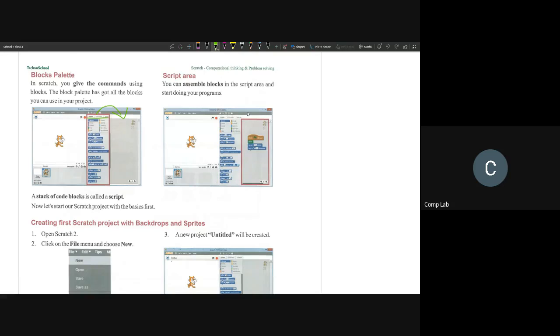This is what we call the block area. Inside the block area, we have all the commands, and by dragging the blocks to the script area, we can actually give instructions. As you can see right here, they've dragged some commands from the block area onto the script area to give commands.